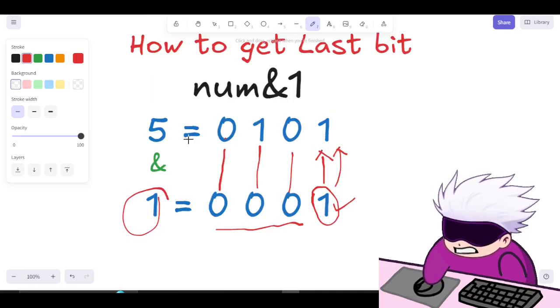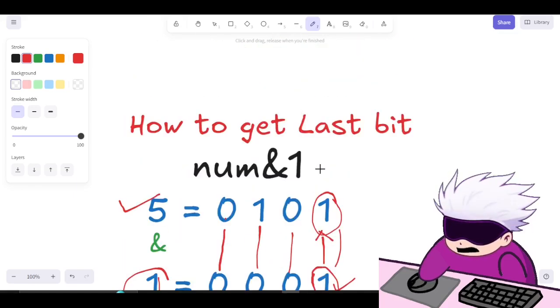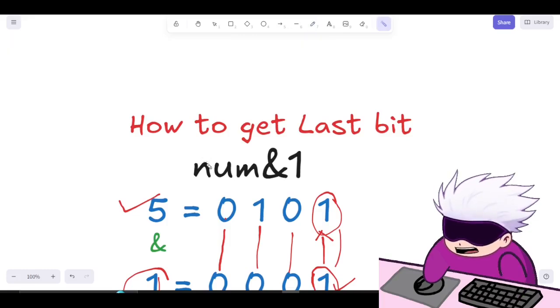So it does not matter which number we are taking here, we just have to check the last bit of that number. So here we understand how to get the last bit from any number.